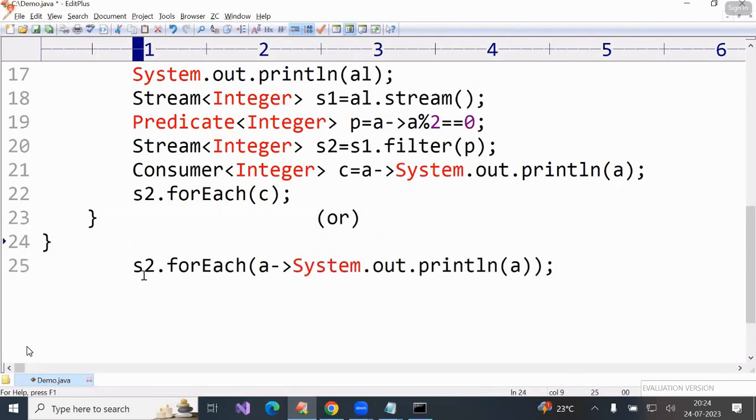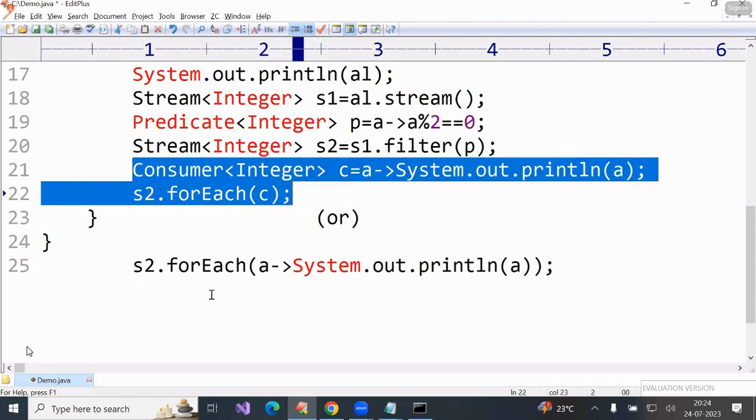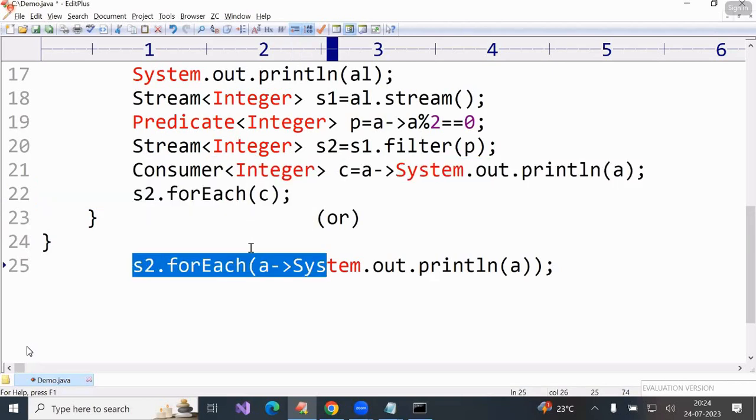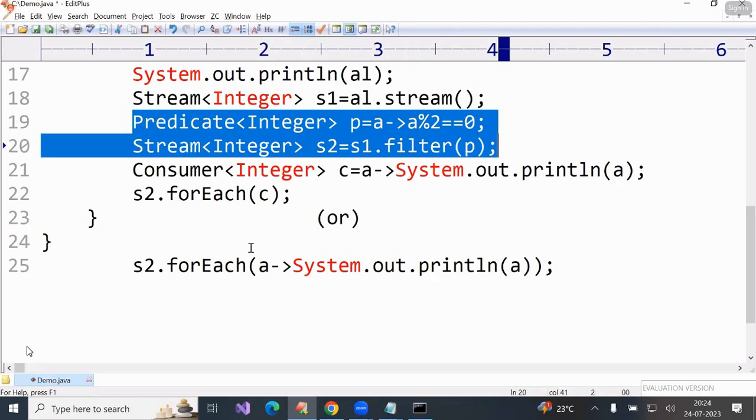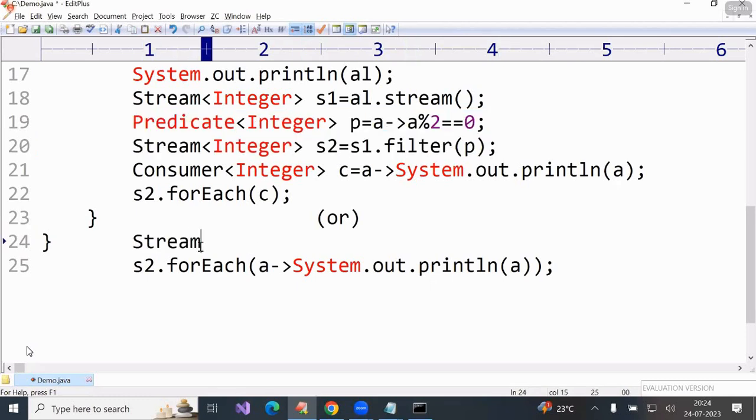Here, what you have to write? Now these two lines I have written as one line. Now these two lines I want to write as one line. Now what we have to write? Stream<Integer> s2 = s1.filter(a -> a % 2 == 0);